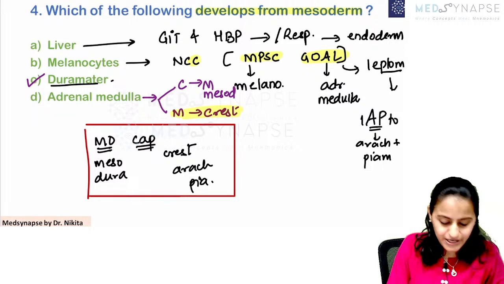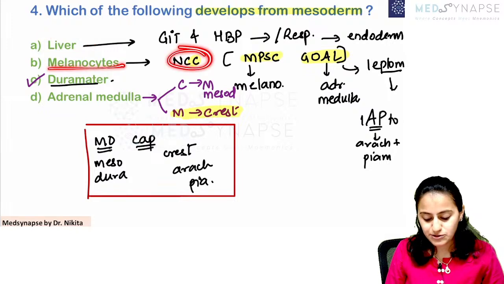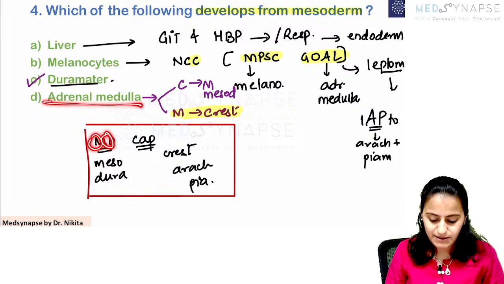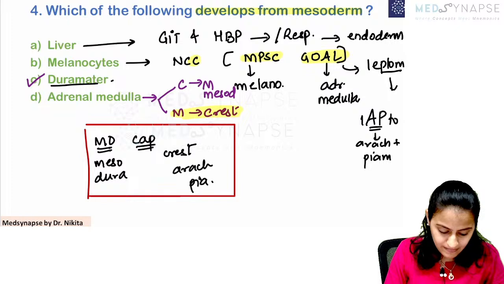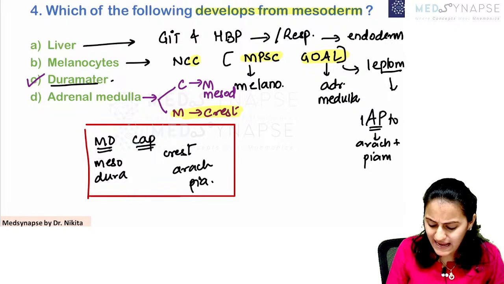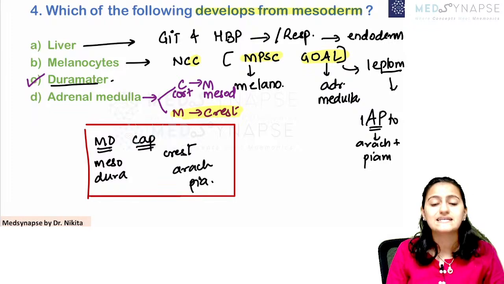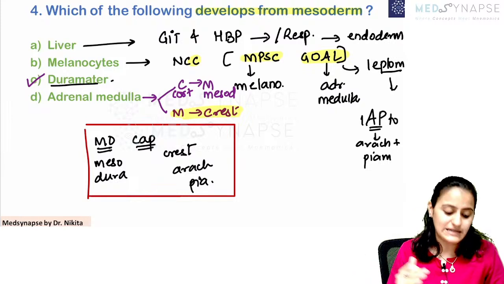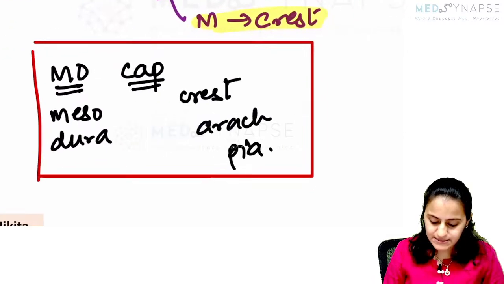Yes. Okay. So remember that liver is endoderm, melanocytes are neural crest cells. For the adrenal gland, the cortex develops from mesoderm and the medulla develops from neural crest. Which one do you want me to repeat? For the adrenal cortex, C is for M: the cortex develops from mesoderm and medulla develops from crest. The MD cap is M